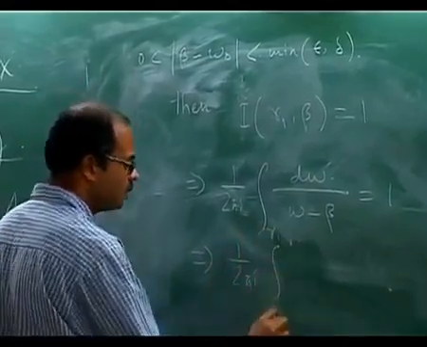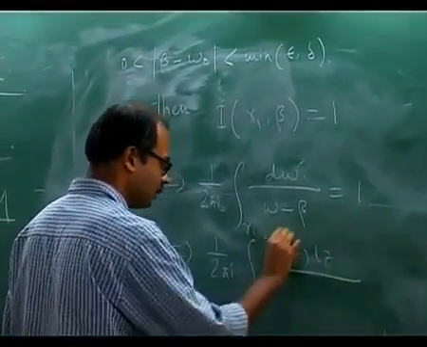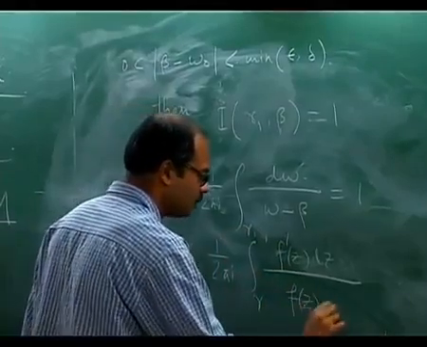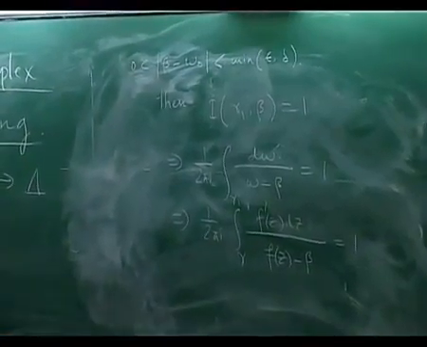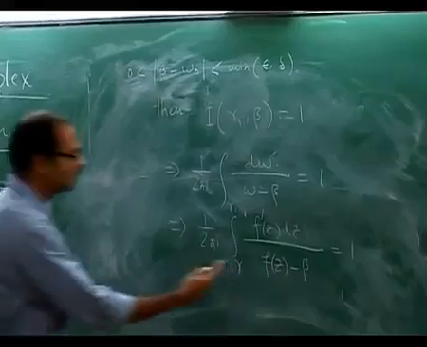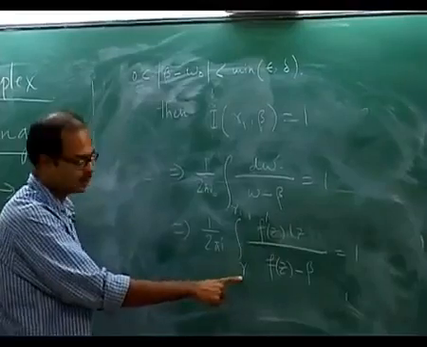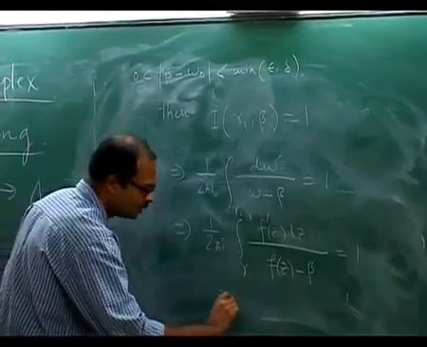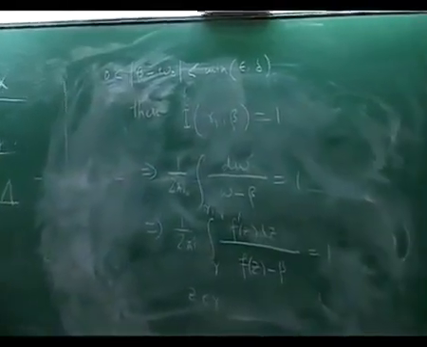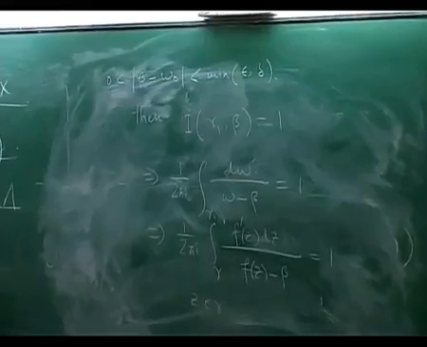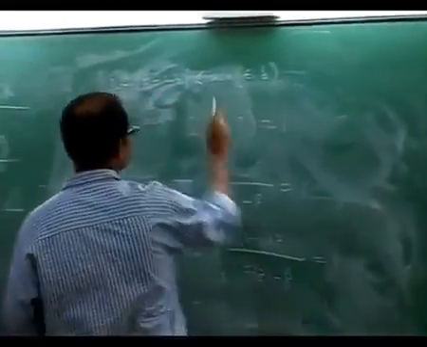Sorry, this is on gamma 1. So I'm again doing a change of variable. So f'(z) dz over f(z) minus beta is 1. And for z on this curve, so this integral is on this curve, this gamma. So for z in gamma, this function f(z) minus beta does not have a 0. This is away from 0. And since beta also satisfies this condition, beta satisfies this condition.